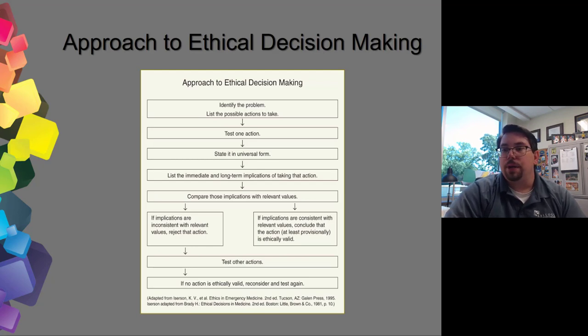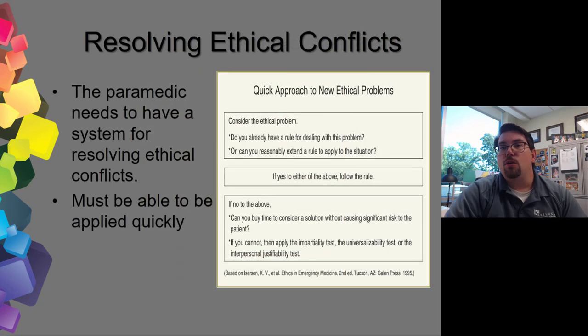That's a great process, but I can tell you folks, it's not going to be something you can do on scene. There are, however, things you can do. Now, when you have ethical conflicts, as we know, ethical problems arise. Do we have a rule or a policy for dealing with that problem? That's one of the things that we will always want to consider first. Or can we reasonably extend an existing rule or policy and apply it to that situation? If yes, follow it as noted, right? If no, then ask yourself some questions. Is there time to consider a solution without significant risk or harm to the patient? If yes, determine an acceptable solution. If no,